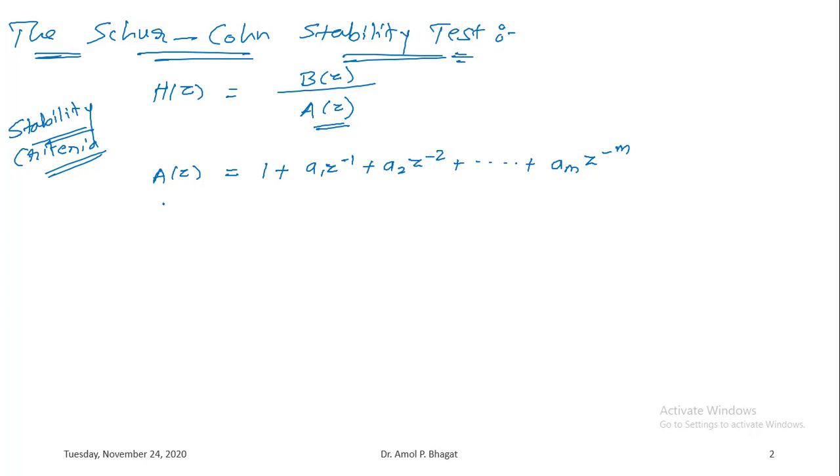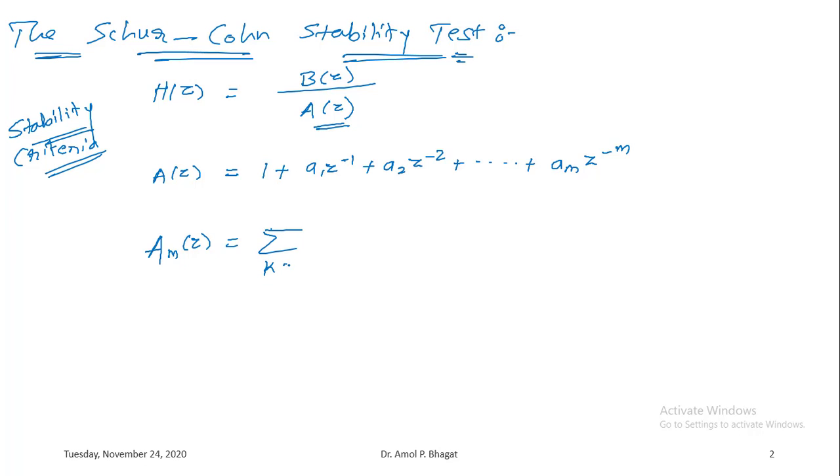So in the case of the Schur-Cohn stability test, for the stability of a given system, we are using the system function which is characterized by H of z is equal to b of z upon a of z, where a of z is the denominator and b of z is the numerator, and we'll be identifying these denominator polynomial roots, which will be referred to as the poles of the system, right? So this denominator polynomial in simplified or compact form can be represented as Am of z is equal to,